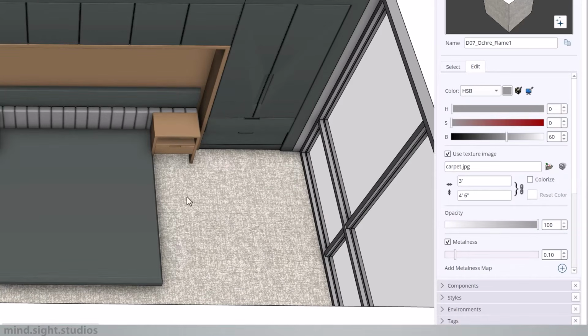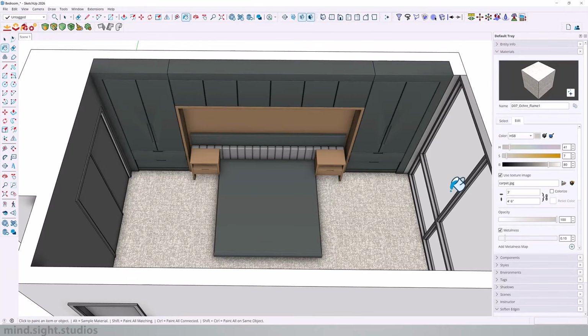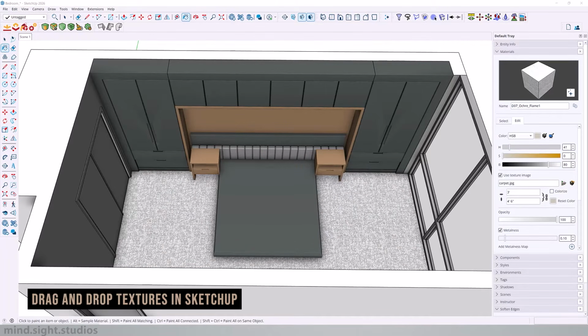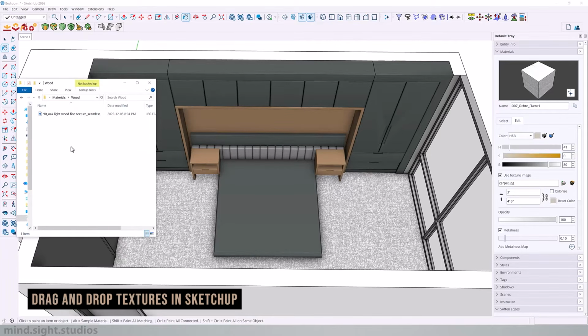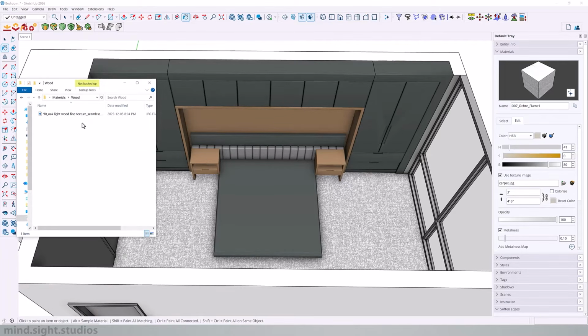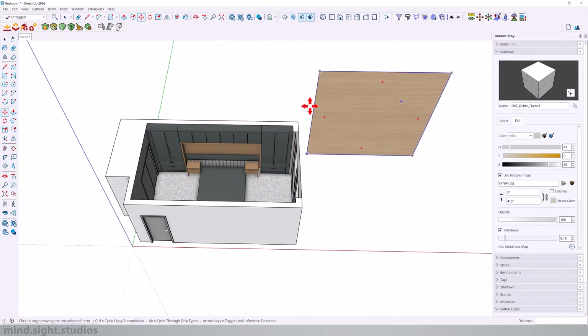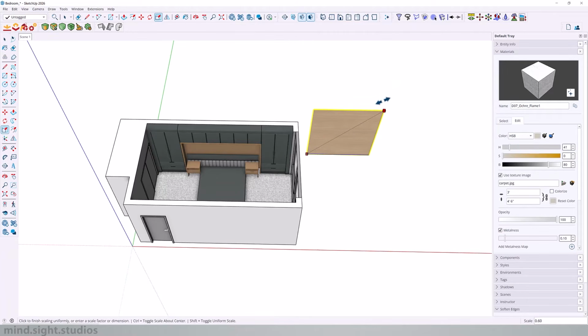I can change this to 3 feet, and I'm going to select the material again and take down the saturation so it's completely grayscale. The second way to add textures is to simply drag it to your model. So you want to find that texture wherever it may be in your computer, and you simply click and drag it into your model. Once you've brought that texture in, you can scale it using the scale tool,